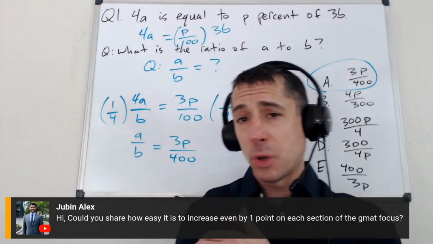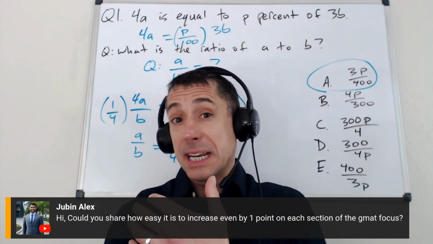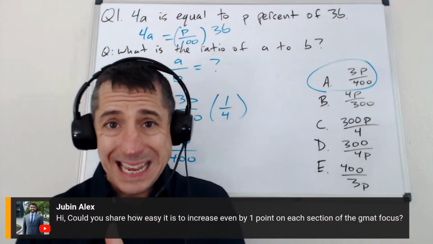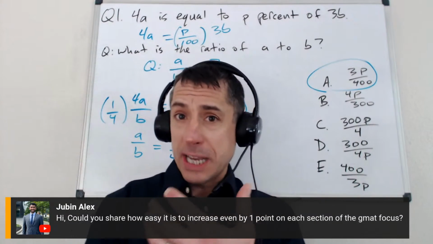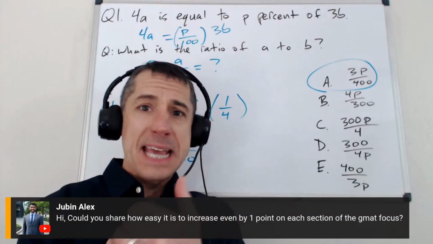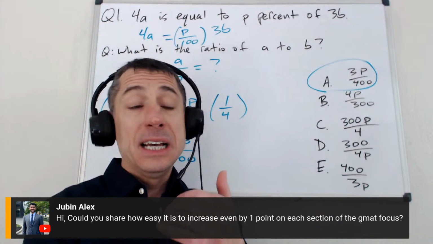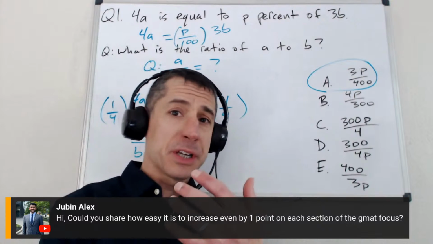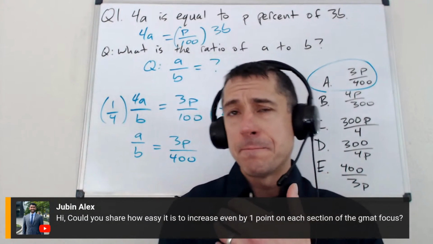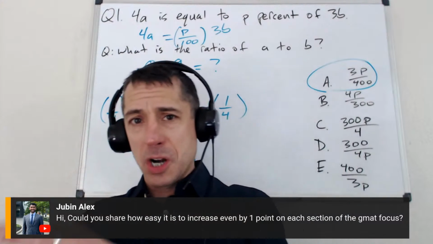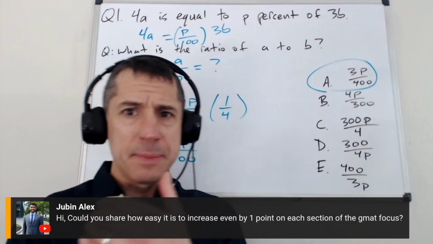If you're looking for something more like 3 to 5 points, how hard is it? It just depends on what that means. If somebody's starting at, let's say, a 75 and wants to go to an 80 on GMAT Quant, and I suspect that's probably in the right ballpark for a lot of people watching a starter kit video, that's the sort of thing where it depends on what's holding you back. That could be a fairly straightforward thing of building your foundations. It could be something more complicated where you're having performance issues. But I would say 1 point isn't a terribly hard thing to gain. As you get to 3 points, 5 points, that starts to become quite a bit tougher.